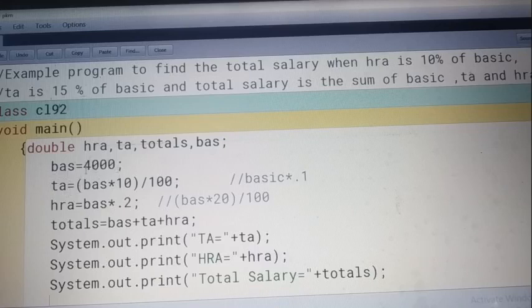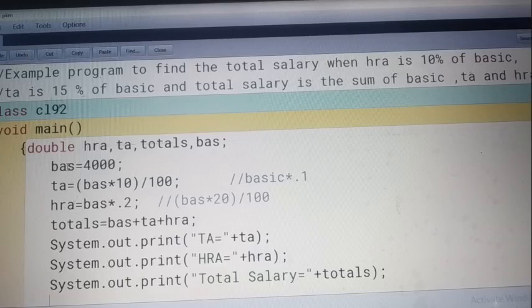I hope 400. Yes or no? Yes. And then 20% as HRA, and the final calculation will be done as total, where basic salary 4,000 plus whatever traveling and HRA come will be totaled, and this will be saved here. So now we will see one by one whether our result is as expected.